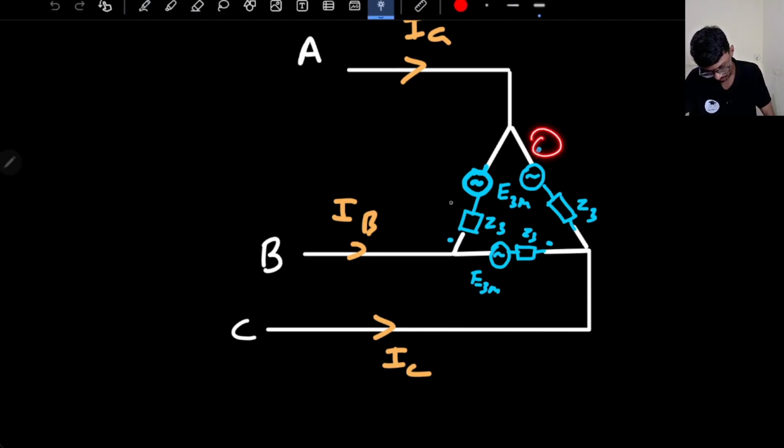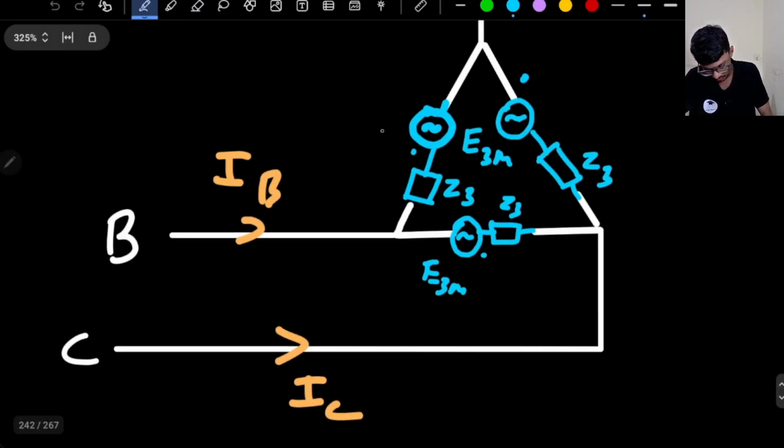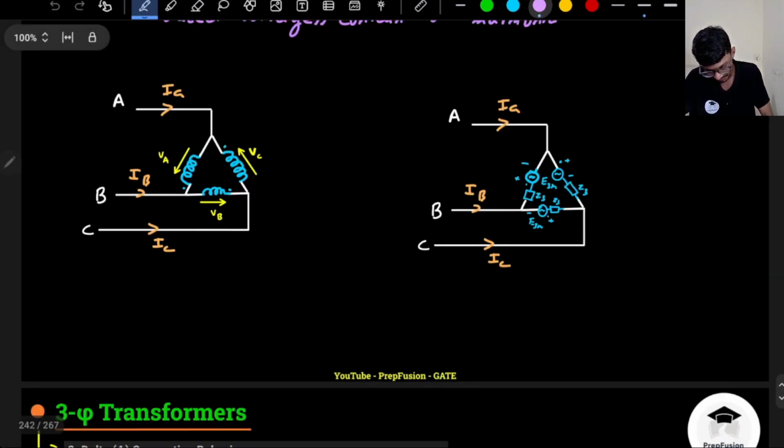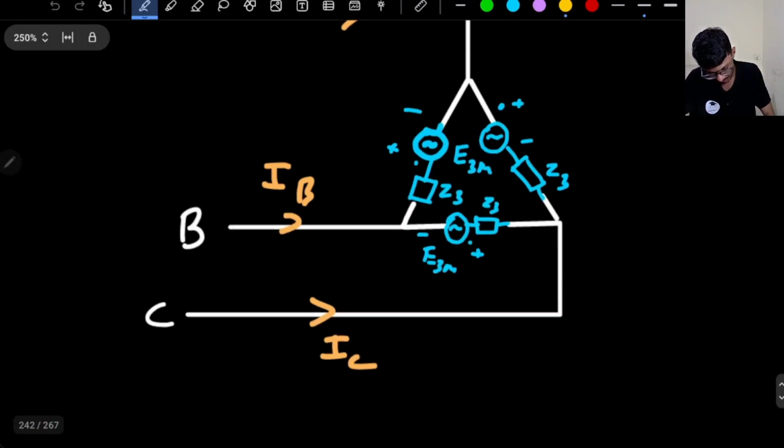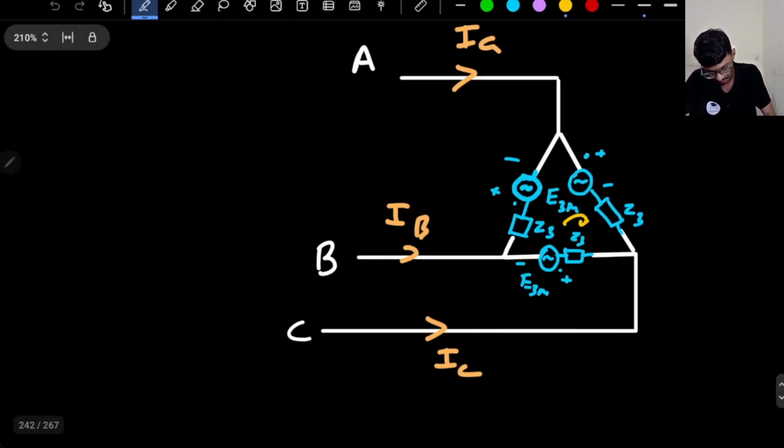So if this is dot, then this will be dot, right? And this will be dot. Okay. So if I assume dot to be positive instantaneous polarity, plus minus and plus minus. So if I apply a simple KVL in this loop, and let's assume there is some current,